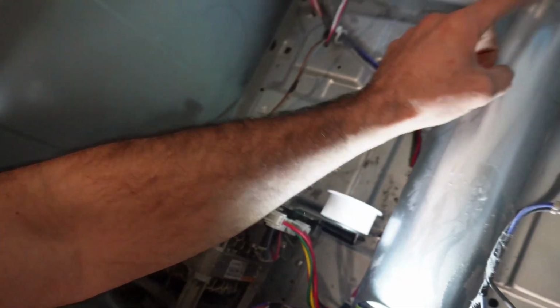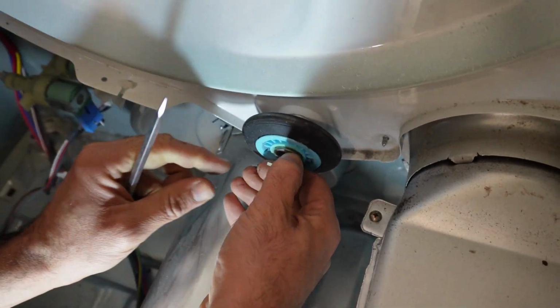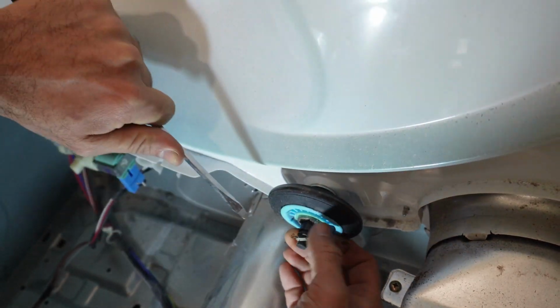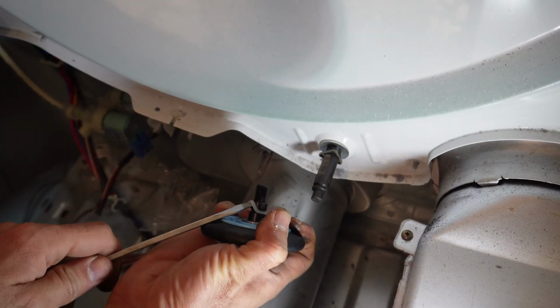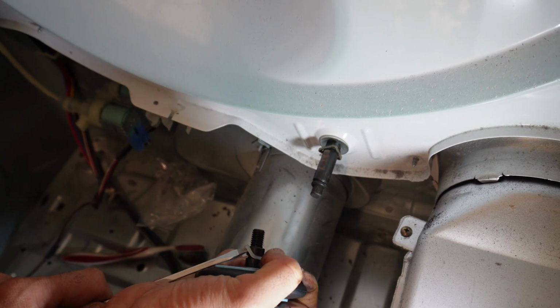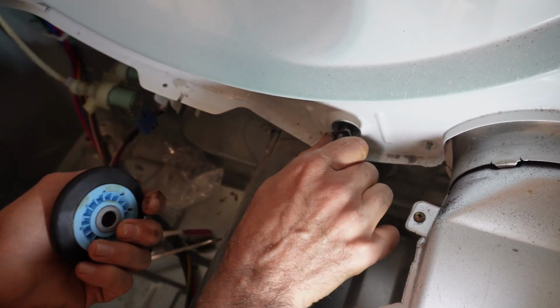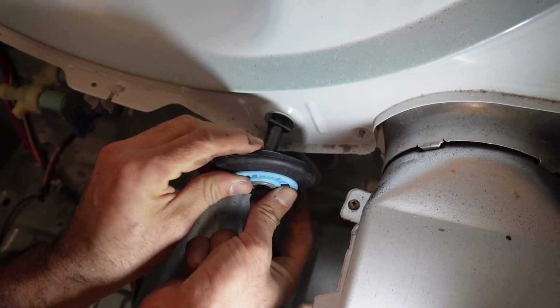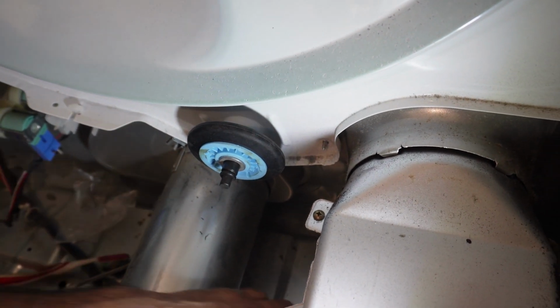Now we will replace this roller wheel and that roller wheel. Same procedure. We will use a flat screwdriver to pull this stopper out. Again, double check your roller wheel to make sure it's clean and in good shape. I mean the shaft for the roller wheel. Insert your new one, spin it, reinstall your stopper back in,